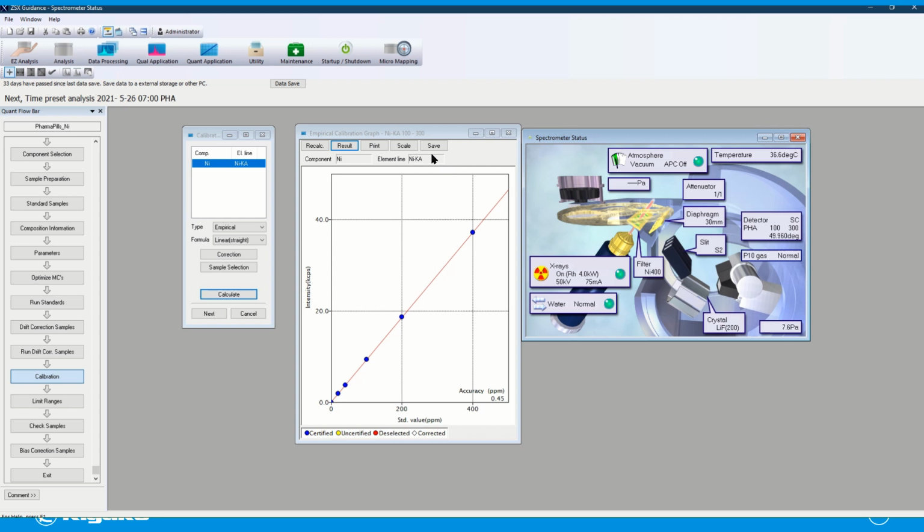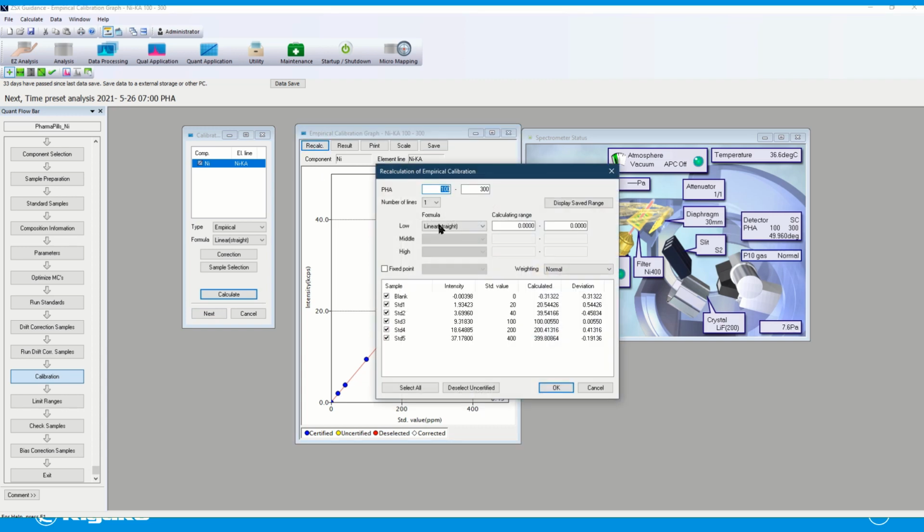So the only thing I have left here to do is save that calibration. Okay, it'll save that method. It puts a little calibration curve in there to let you know that one's been saved. And we would hit next. First thing I want to show though is if we go in to recalculate, we can